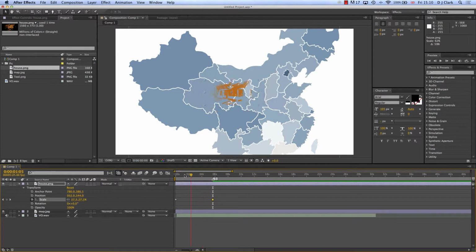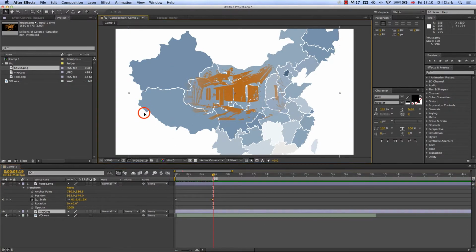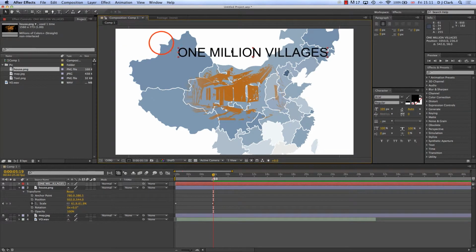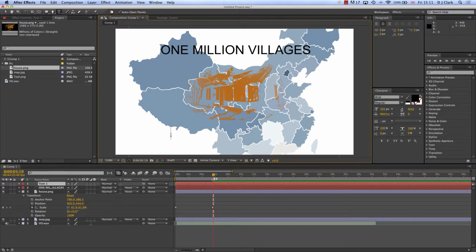Okay, now it's very similar to the way we did our shape. Now we can see it just springing up. And remember that they're going to talk about 1 million villages and 800 million people. So let's do that with text. So I'm going to go up to my text tool and I'm going to put up here 1 million villages. Just put that over there. Okay, and then again with my text tool, I'm going to do another one down here with 800 million